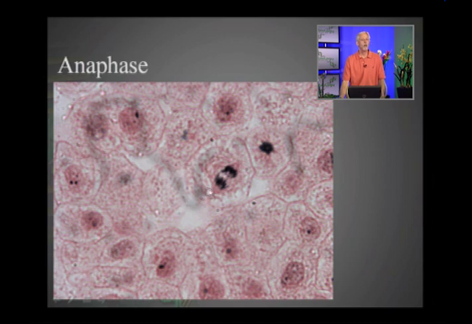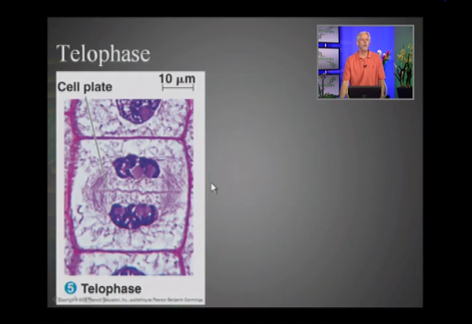And again, in an animal cell, this is what early anaphase would look like. And then telophase in plant cells begins at the center of the cell. There'll actually be what's known as a cell plate. The beginning of a cell wall will be constructed across the mitotic spindle, and that will be extended to either side, and eventually the cell wall will be completed, and then we've completed telophase,